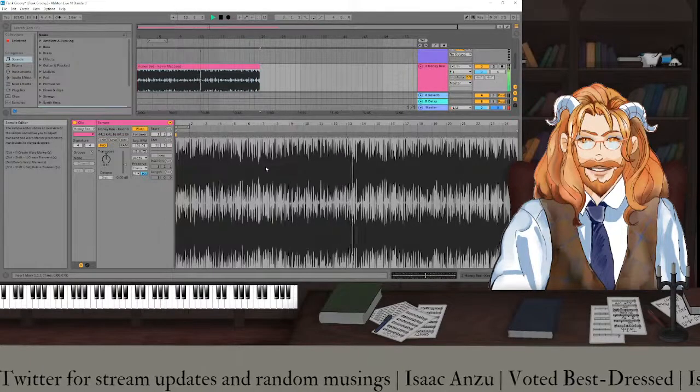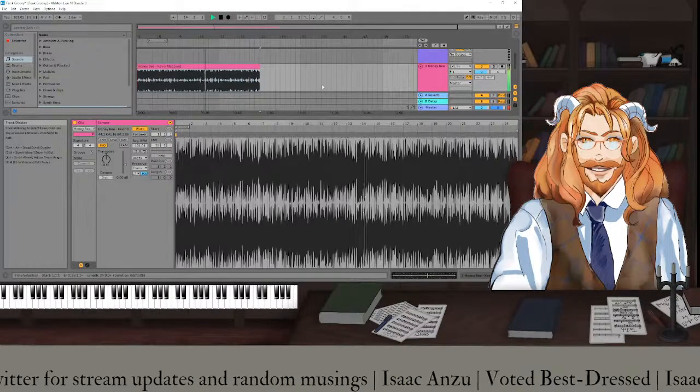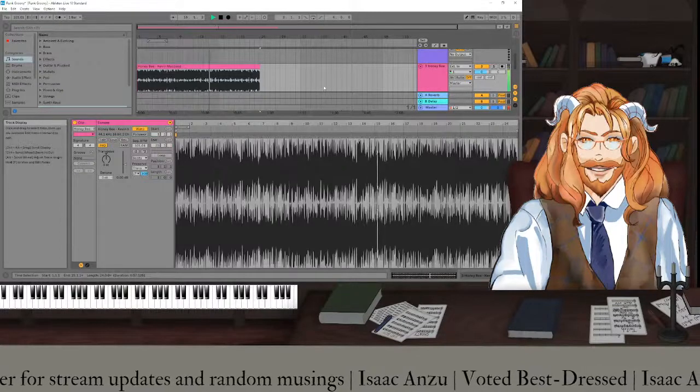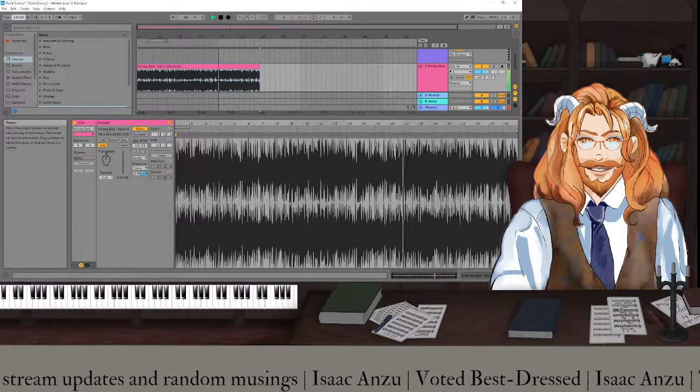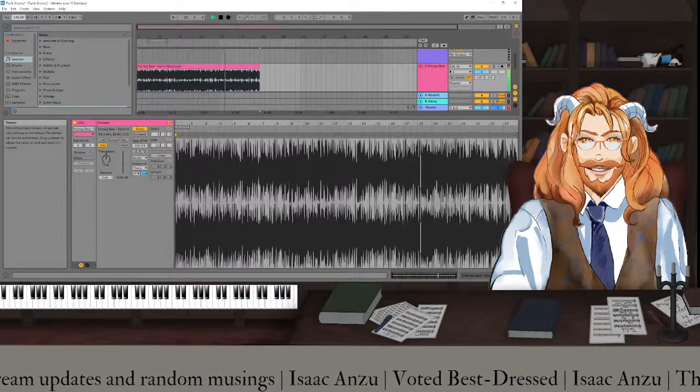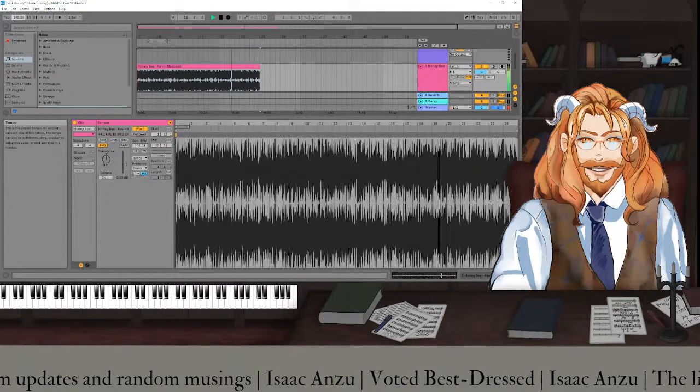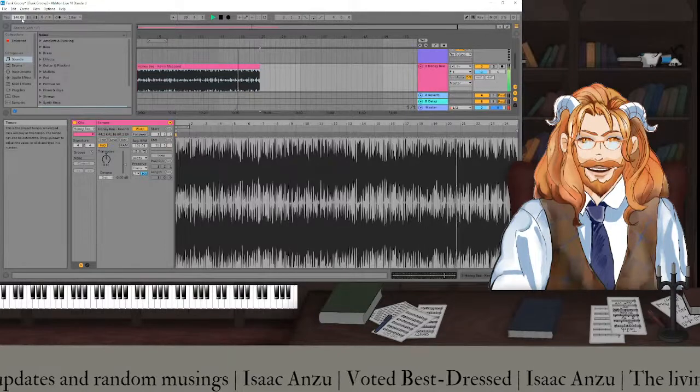So now we do set this to warp, because I think what we're going to do here is take this at a different speed, because now that it's warping, that sounds like some Persona music, right?